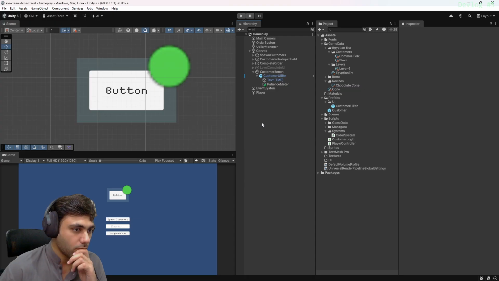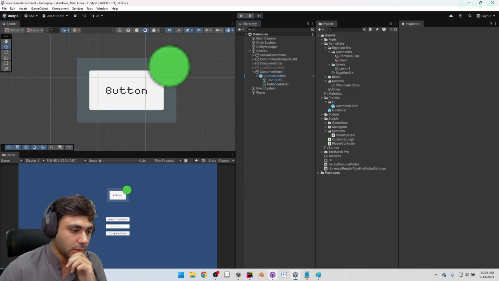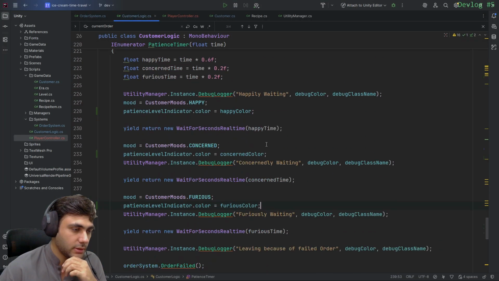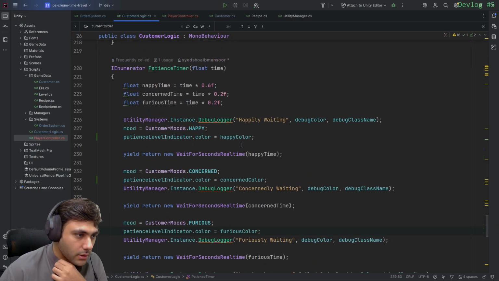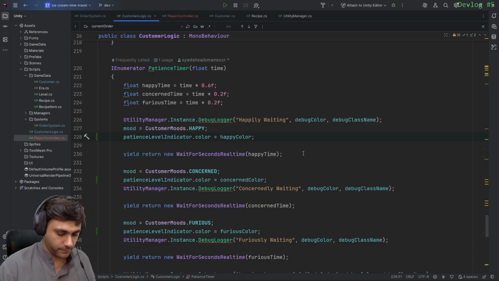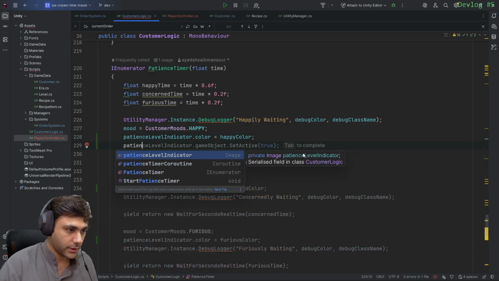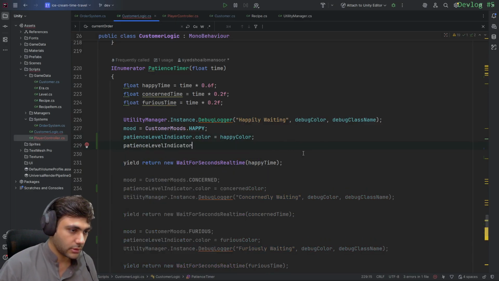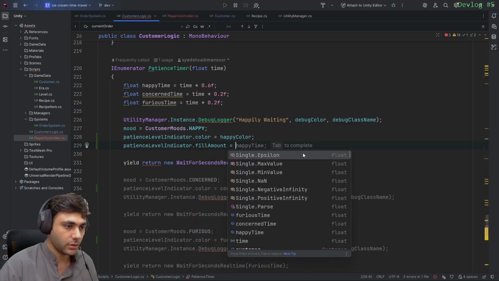Okay. I'm not going to animate this as of yet, but the state, we would see the state being changed. So patience level indicator dot fill amount is equal to